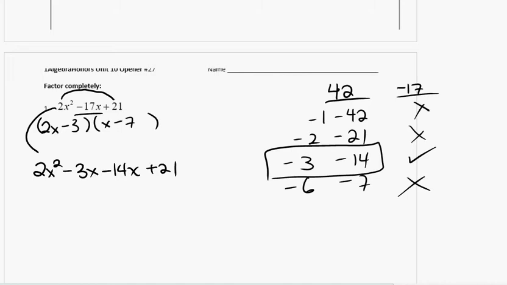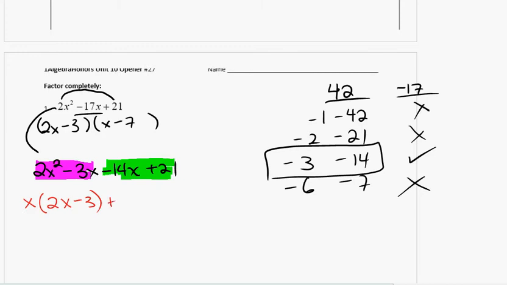There's a couple ways you could group them. The first way, let's try 2 ways and see if we can find a logical method of figuring out which one we want to do. We could put those 2 together, and we could put these 2 together. So let's do that. And we're going to factor something out. So I know that this has an x in common. So this is x times 2x minus 3